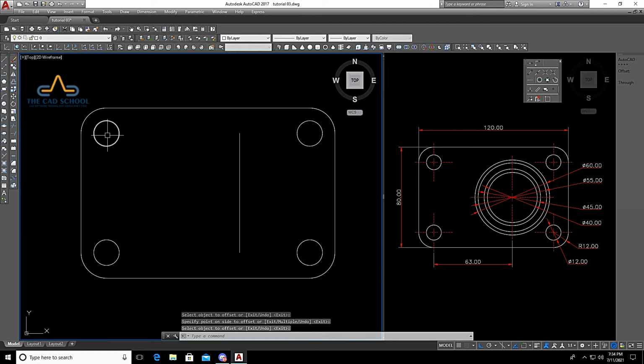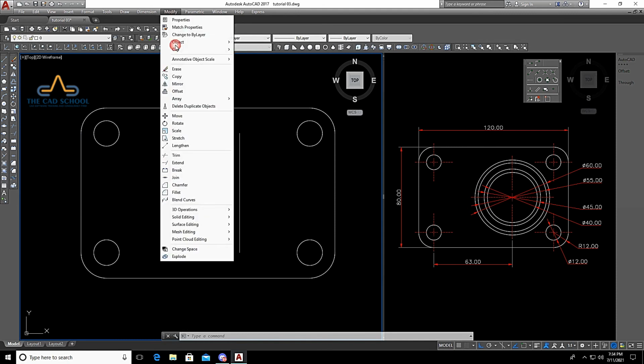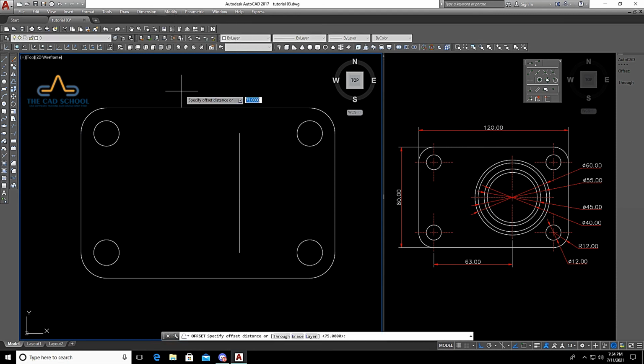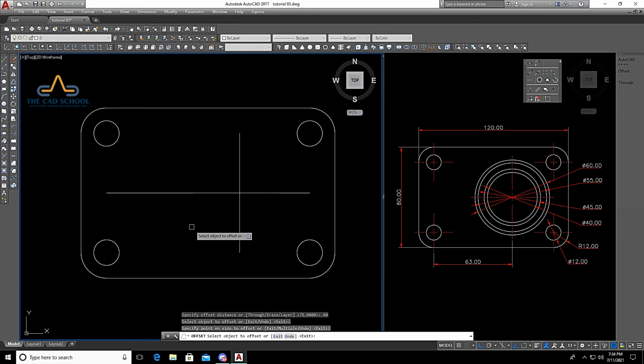Since there is no reference in between the center of the circles, I have added radius 12 in 63, that is 75. Then again go to modify, offset. The next distance is 40, half of 80. So here we have got the center point of the circles.